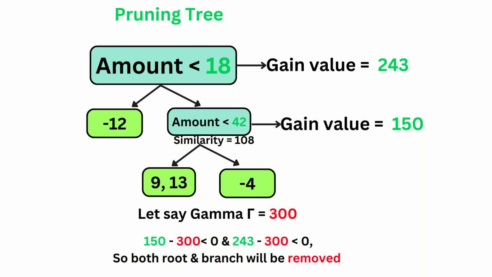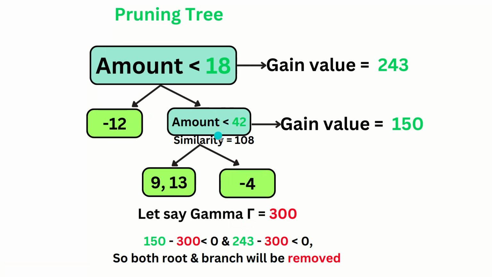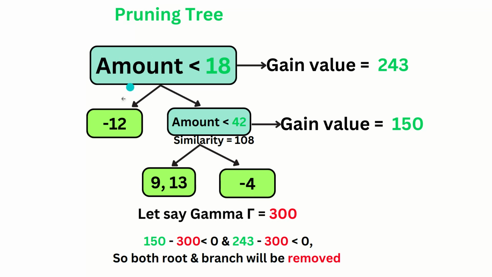Now assuming gamma is equal to 300, we find the difference between gamma and gain to be negative for